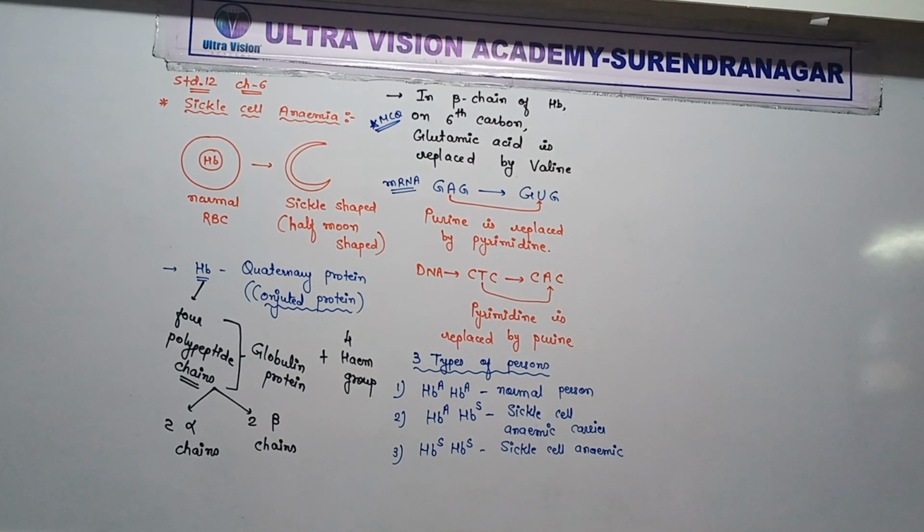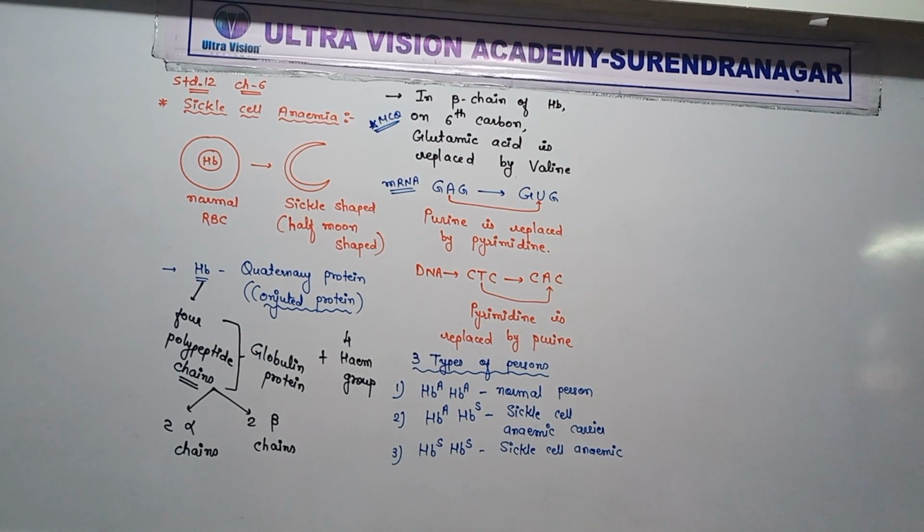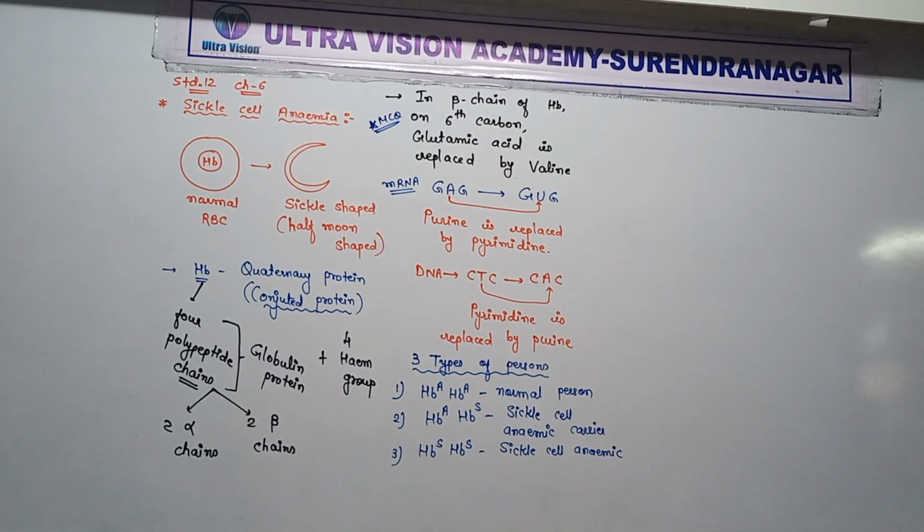Here, similar to color blindness, if mother and father are both carriers, there is a 25% chance of sickle cell anemia in their children. Out of the 4, only one has sickle cell anemia. You cross them with each other, then you get this idea. If one of the parents is a carrier and the other is normal, there is no chance of sickle cell anemia in their offspring.